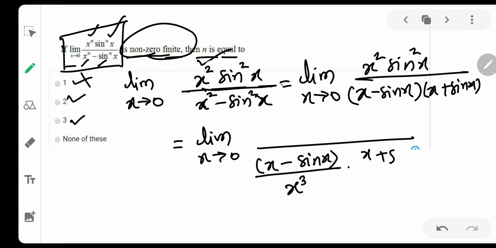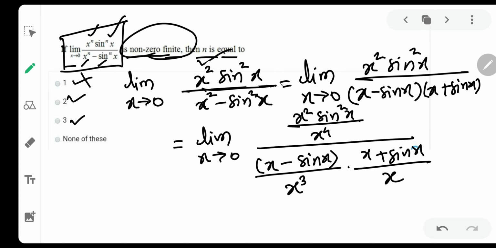And x plus sin x, I don't even need to tell, this is just mere board's level, it will require x. Because x by x will be 1, sin x by x will be 1, and x minus sin x by x cube is 1 by 6. So a non-zero answer exists. So we divided the denominator by x raised to 4, so the numerator will also be divided by x raised to 4.